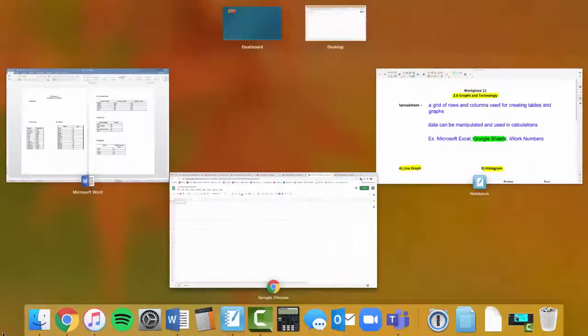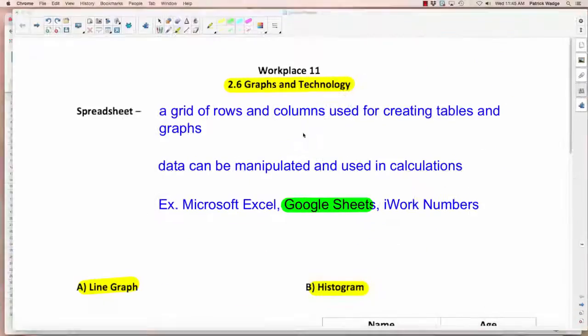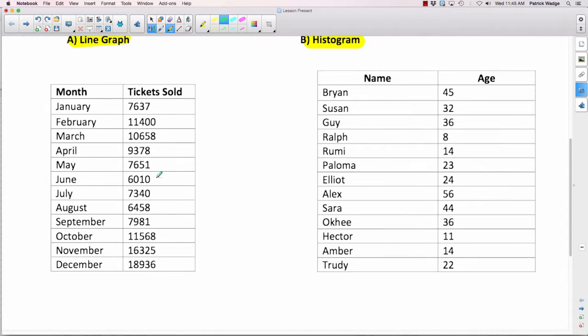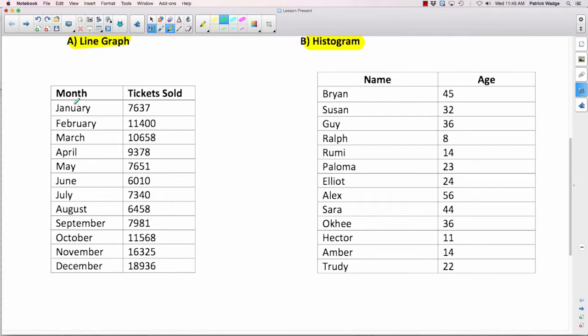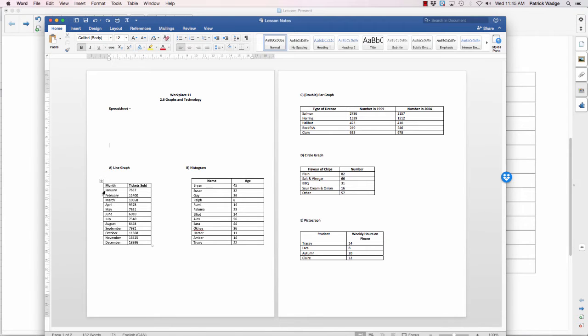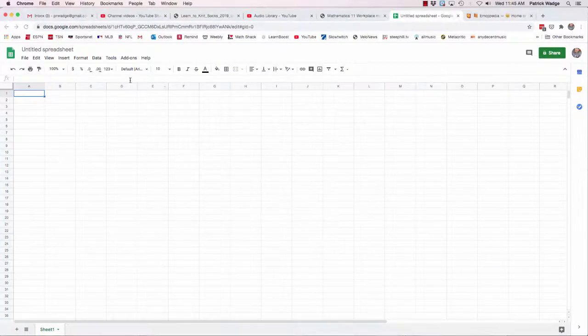All right, so what we're going to start with is a line graph. So we're going to make a line graph here. What we have, I didn't do titles for these, I'm sorry. I've got the months here, and I've got tickets sold. So I guess this is at a movie theater or something, and they're taking a look at how well they're doing from month to month. So the first thing we need to do is enter these two columns into our Google Sheets. So I'm going to come back to my Word document, because I can then actually copy and paste it. So I can copy, and I go up here, and I hit paste,